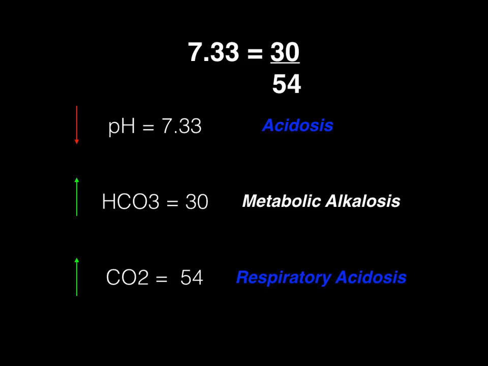We said that you always match the pH to the pathology, whether it's metabolic or respiratory. So in this case, the pH is an acidosis. Which one of our two changes between bicarb and carbon dioxide is an acidosis? Well, that's our respiratory acidosis. So we know that the primary deficit here that's causing the pathology, that's causing the deviation in pH and the change in normal values, is a respiratory acidosis, which means the compensation has to be metabolic alkalosis.